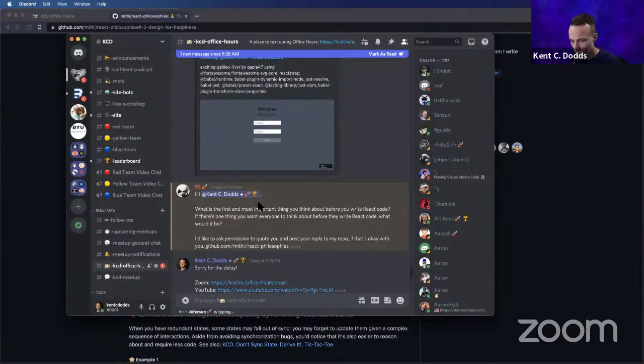This is actually part of my talk next week at React London: don't solve problems, eliminate them. That has a lot to do with deciding whether or not it's a worthwhile problem to solve in the first place, thinking about the problem tree and going back up. Why do we have this problem, and why did we have that problem that we're trying to solve? Why do we have that problem?